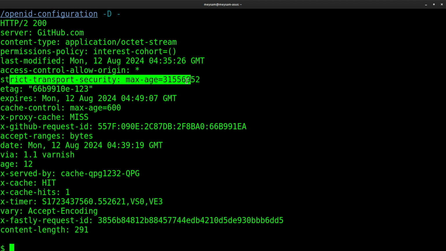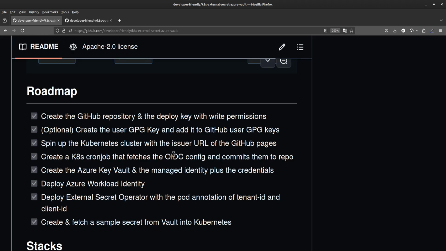So I'm not doing anything other than just publishing it to GitHub, and with the modification of the CI definition, I am able to serve my static files over the internet, and that allows me to establish a trust relationship with other service providers, as you will see shortly. Okay, on to the rest of this